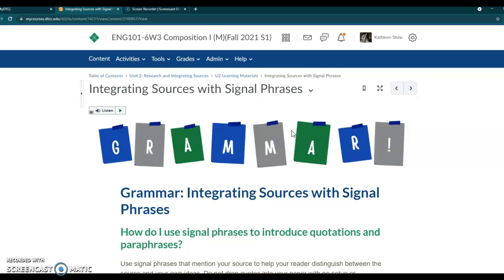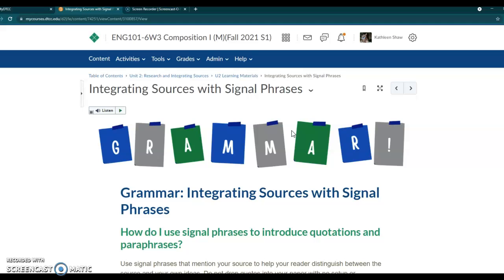An attributive tag is something like according to, or the author explains, the author suggests, finally, the author concludes. In the article, the author says. All of these are ways of letting the reader know that you are explaining what somebody else thinks. So you use those basically in every sentence of the summary. Switch them up, make them different, but use them in pretty much every sentence to get people to understand that these are not your thoughts, they're the original author's.